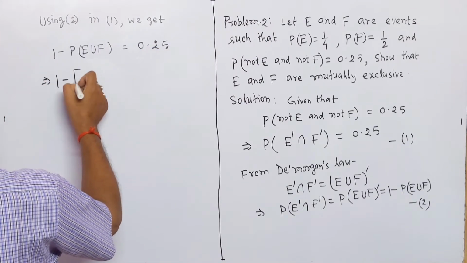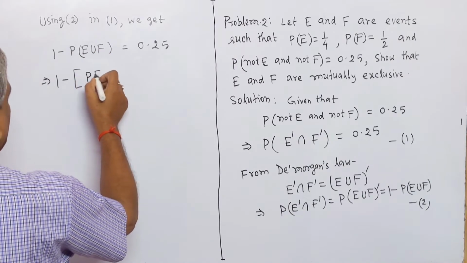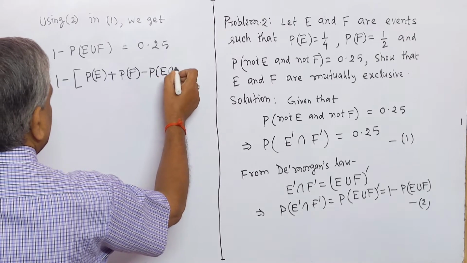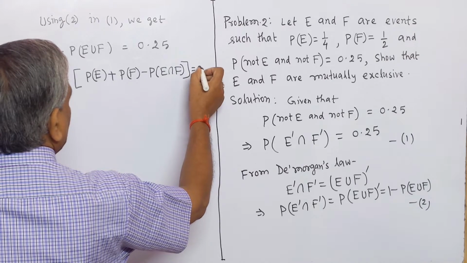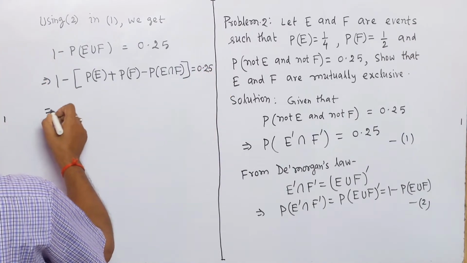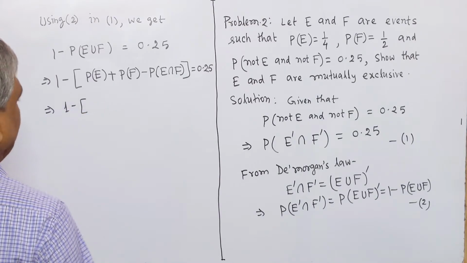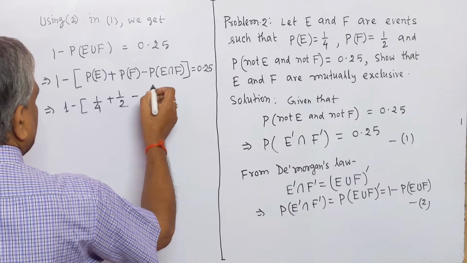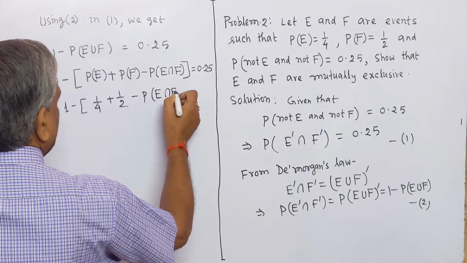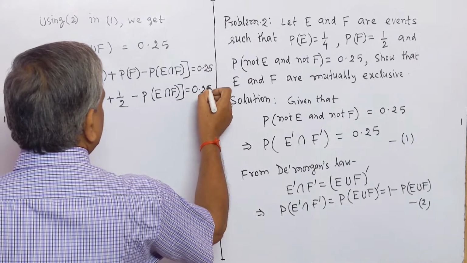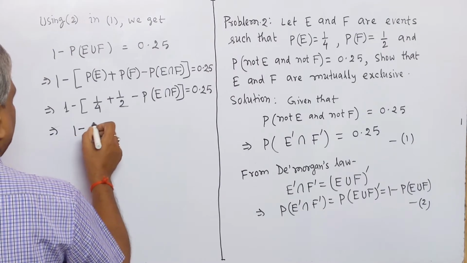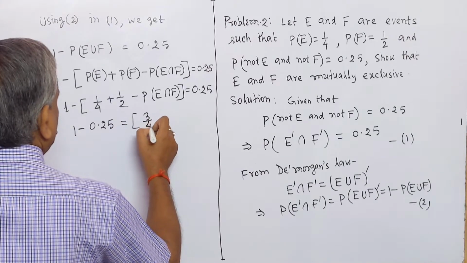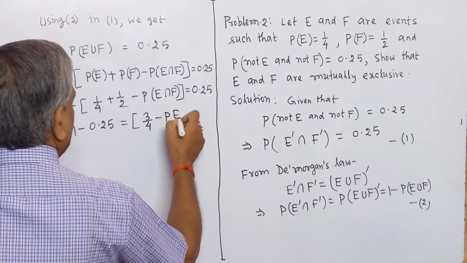implies that 1 minus, from total probability, this is PE plus PF minus PE intersect F, this equal to 0.25, implies that 1 minus PE is 1 by 4, PF is 1 by 2, minus PE intersect F equal to 0.25, implies that 1 minus 0.25 equal to 3 by 4 minus PE intersect F,